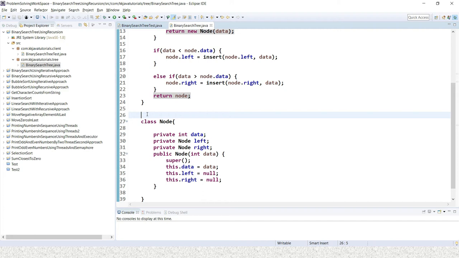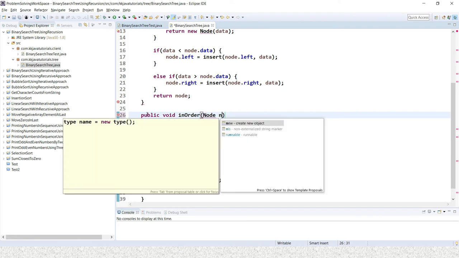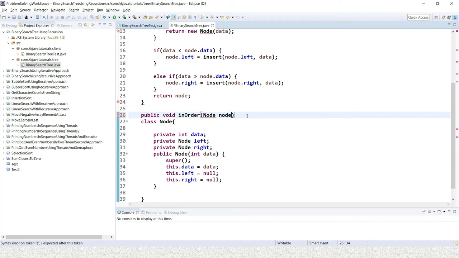So already we have discussed we need to maintain the order for this. So I'm going to write a method like public void inOrder. You can give any name. I'm going to specify it as inOrder, and here you will have to take a node as a reference. Then I would say node,